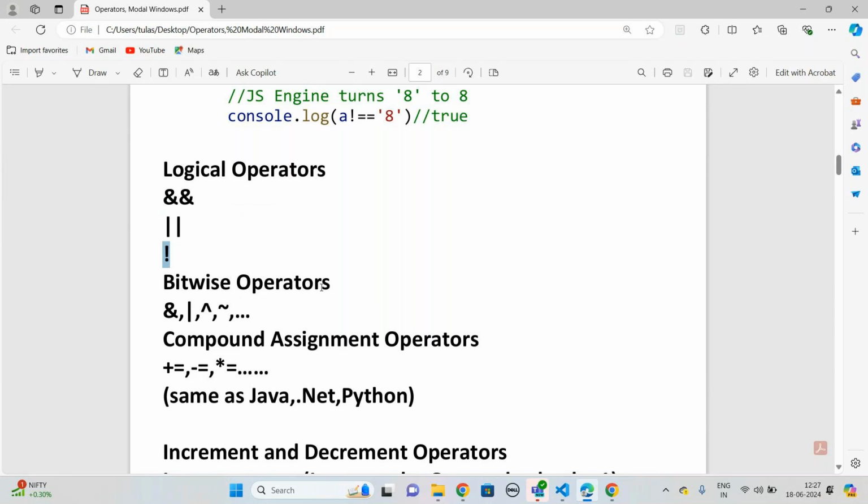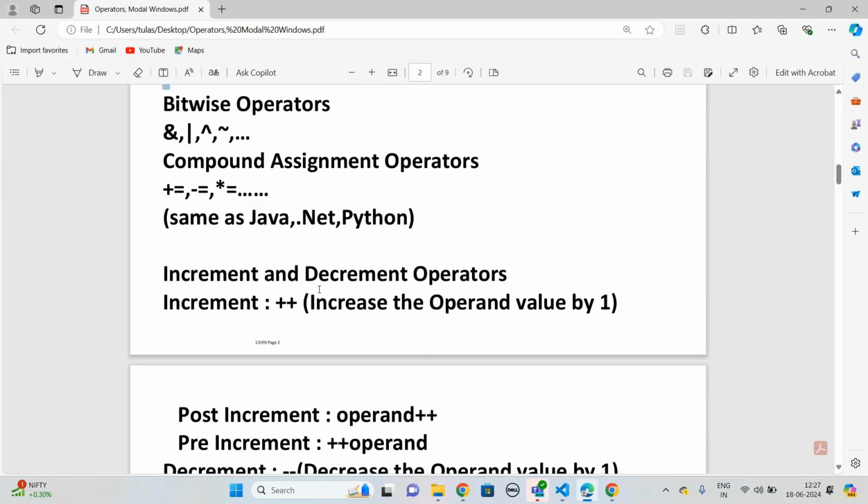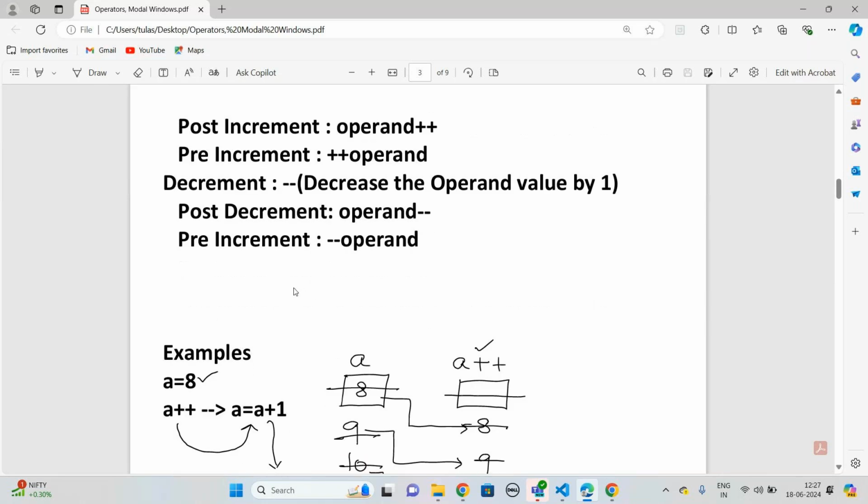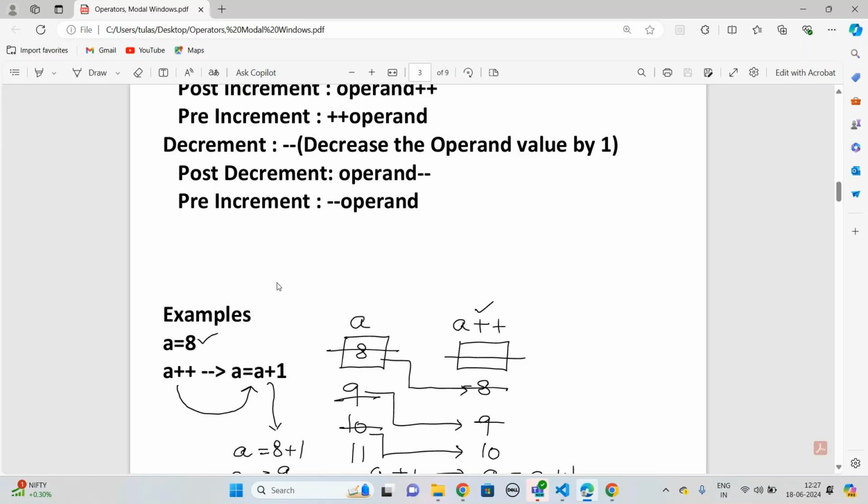Yes, okay. And increment and decrement operators. Java people will know this. Python people will not know this. So that is why I will give you an example. Okay, let me